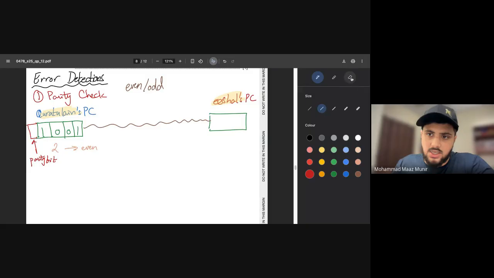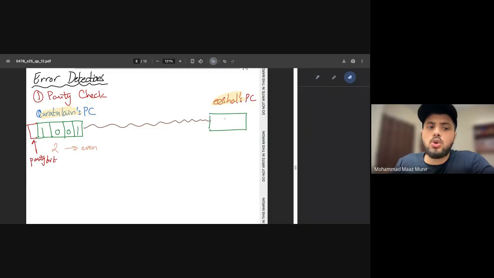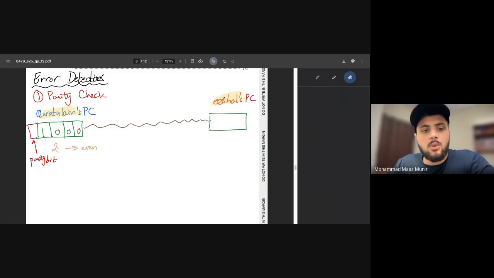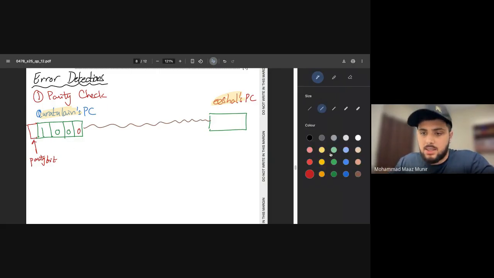कर दिया जाए। मतलब इस बात का ये है कि अगर मैं ये बोलूं कि दोनों यूजर्स ये बात एग्री करते हैं, चलो इसको हम जीरो कर देते हैं फिर आपको बेहतर समझ आएगी, कि अगर दोनों यूजर्स एग्री करते थे कि we need to make use of even parity like the examiner said, so अगर I have to make use of even parity तो इसका ये मतलब है कि कुरतलैन ने सबसे पहले जो अपनी फाइल है इसको even बनाना है। So what she has to do is she will count the number of ones